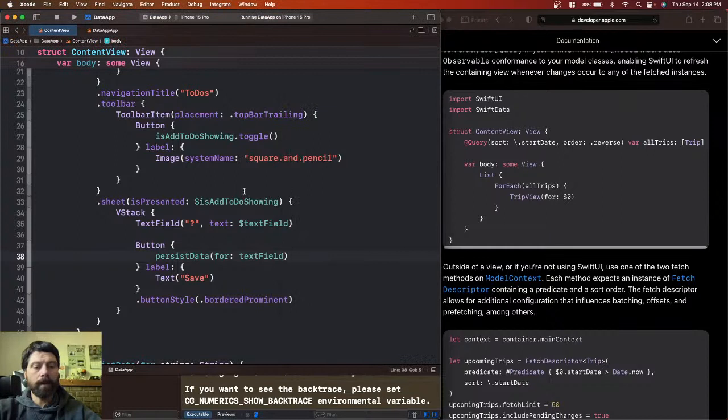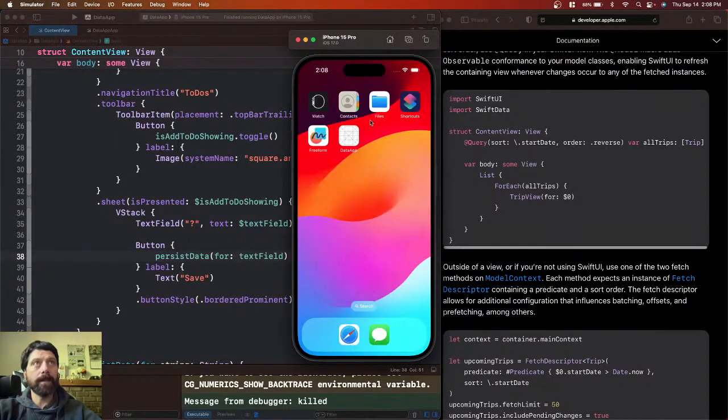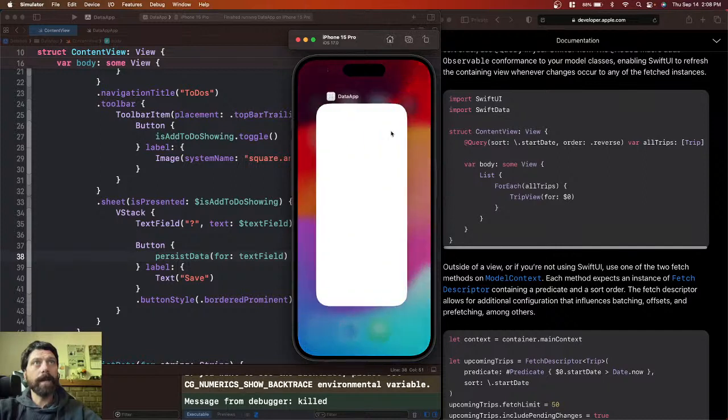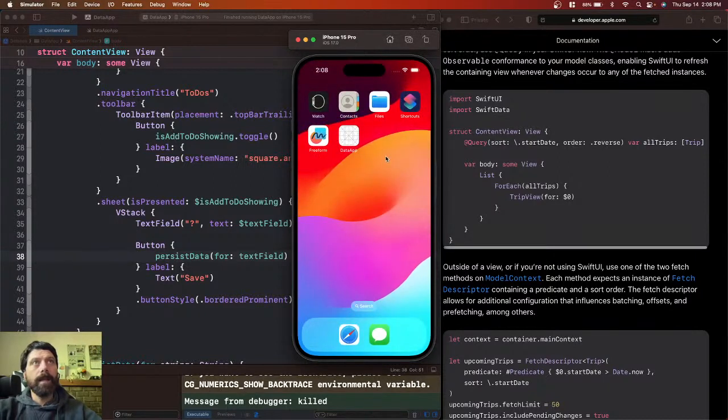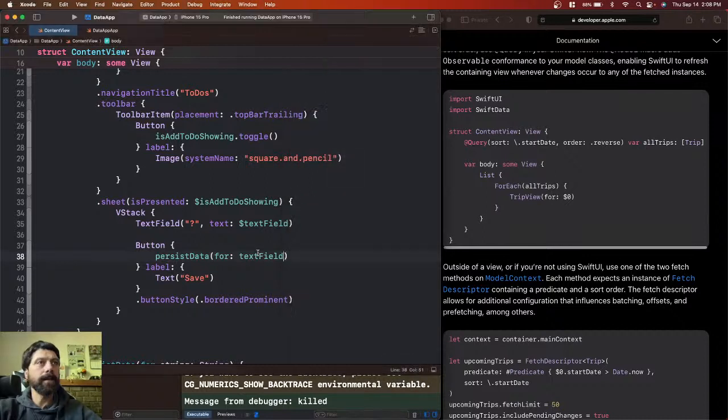And then what I would do, so I'm gonna stop that from here. I'm gonna go back to the simulator. We're going to close the app completely. Stick with what you like. And question marks is fantastic. Kind of have to add persistence here. Oh, I should add a